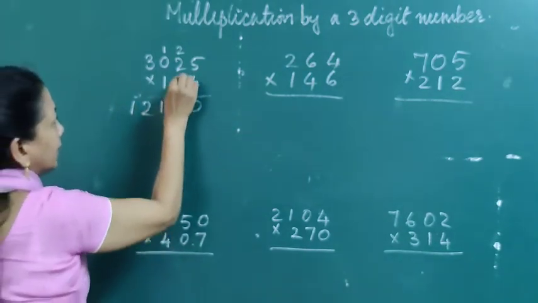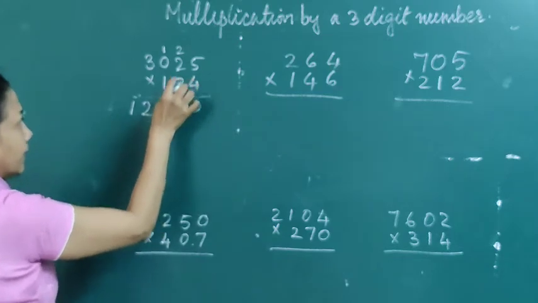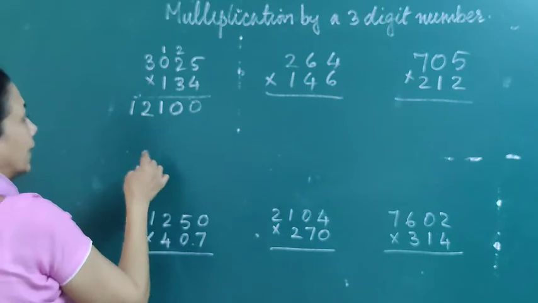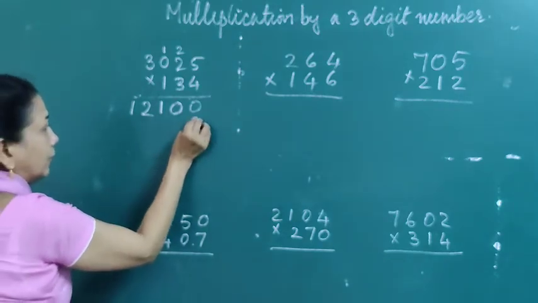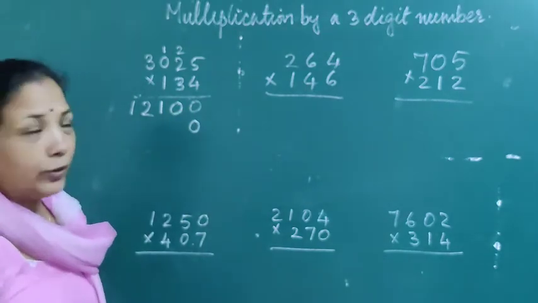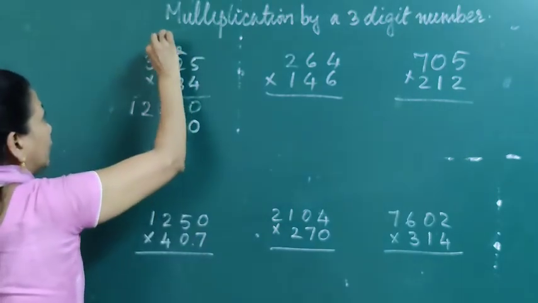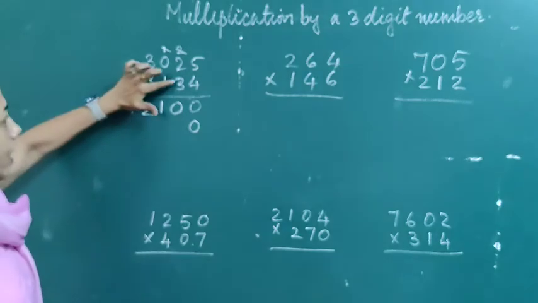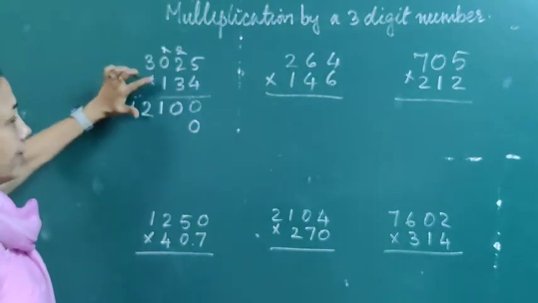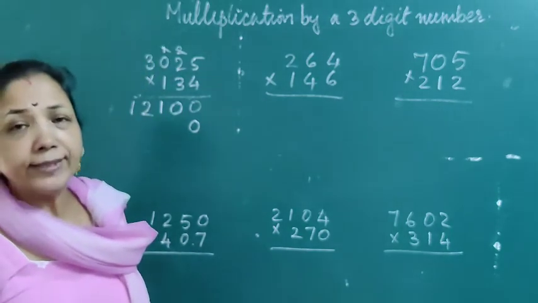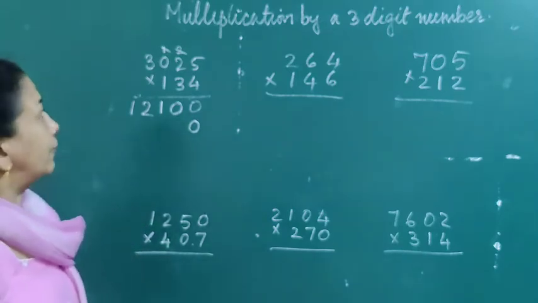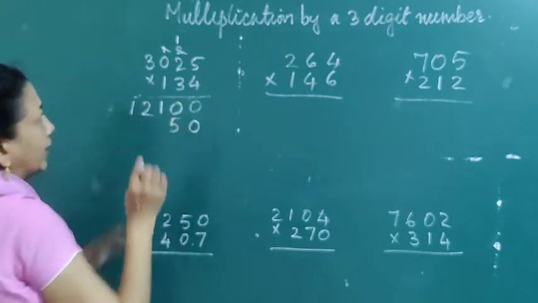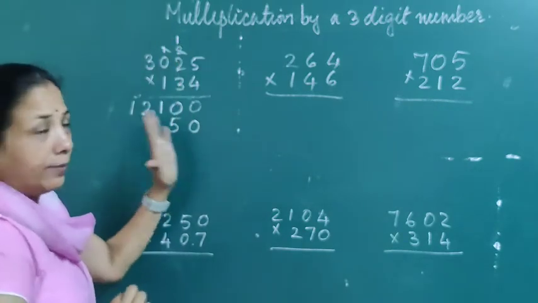Now next you are multiplying with the 3. 3 is in which place? Tens place. So for the tens place, in the ones place you have to put 0. Always you have to put 0. And this carry you cut it. That carry is over. Now the next carry will come. Now with the 3 you multiply these numbers. 3 fives are, what is 3 fives? 15. Then 1 carry 5. Write it down in line, okay?